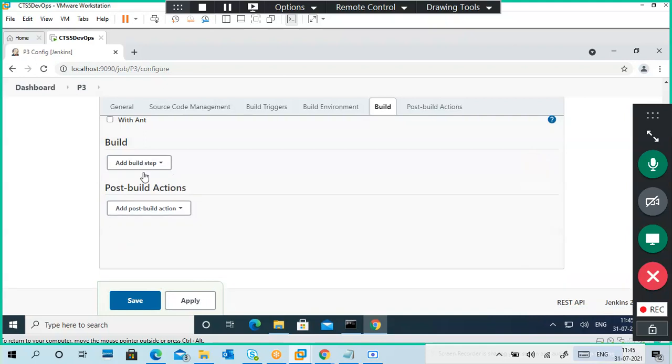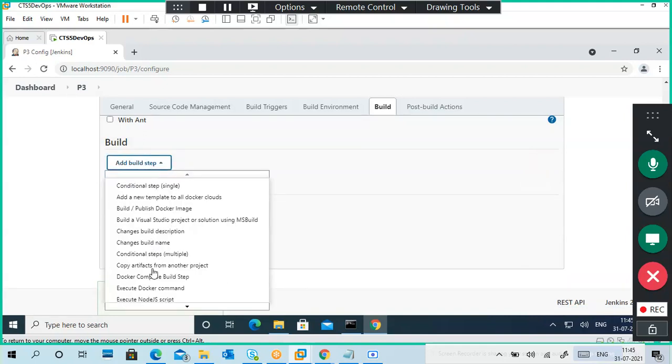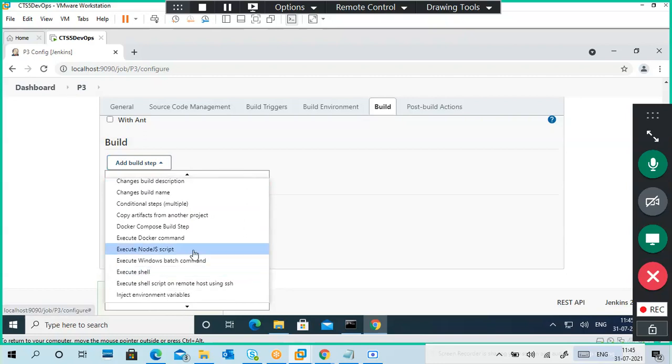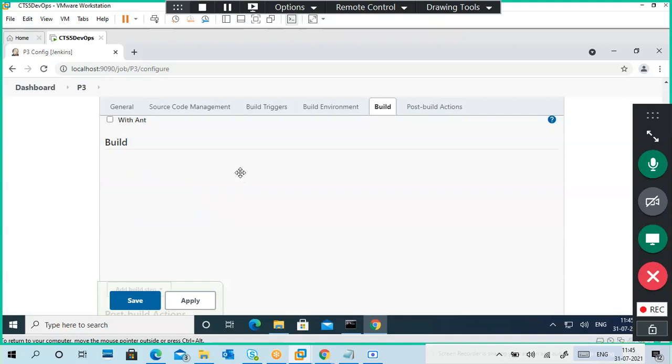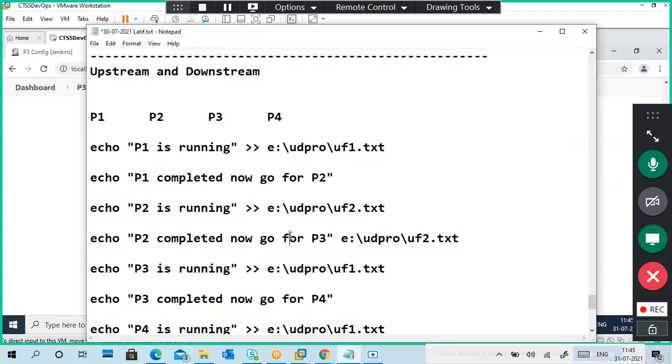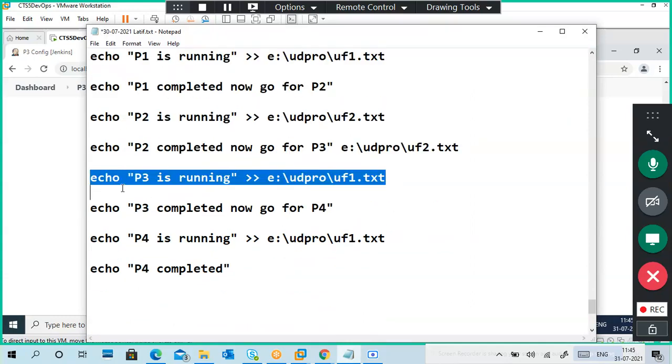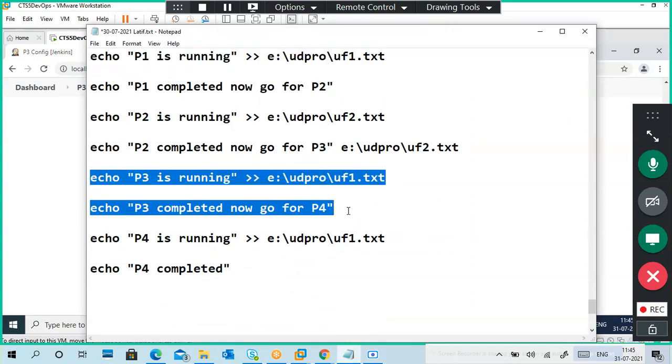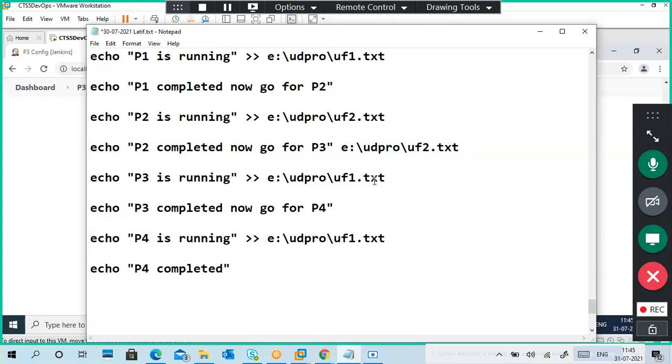Execute shell means that is a Linux command. Batch means Windows. Shell means Linux. Okay, here change the file. We paste here.